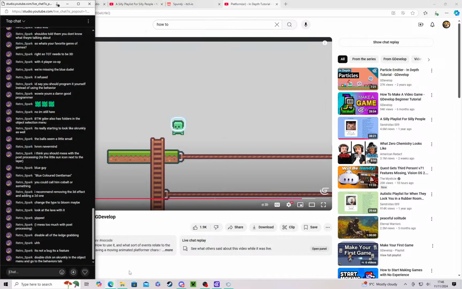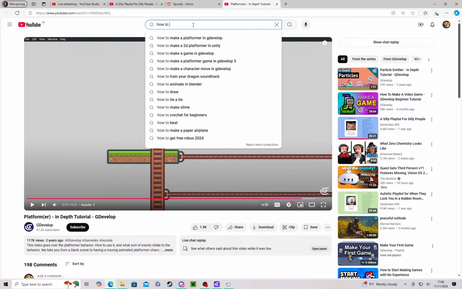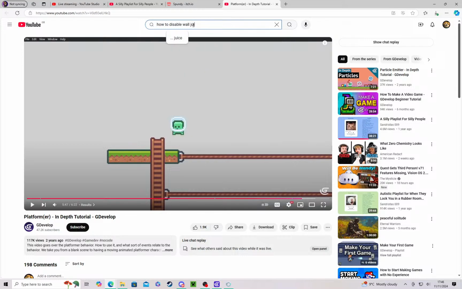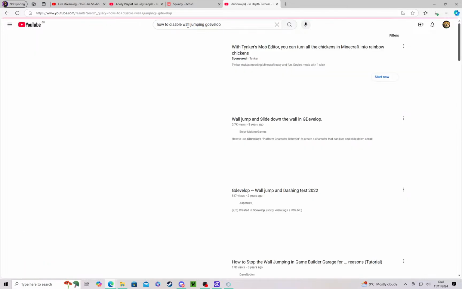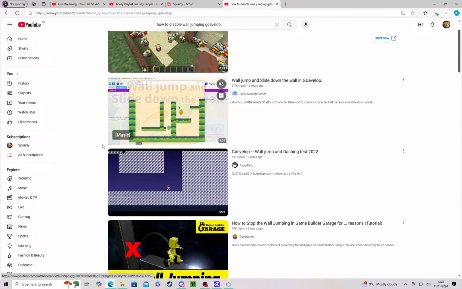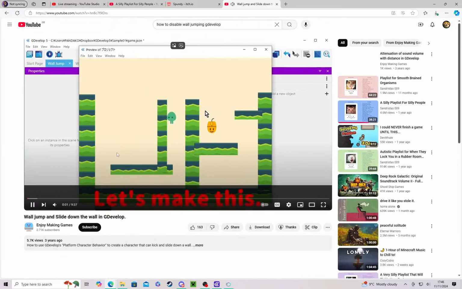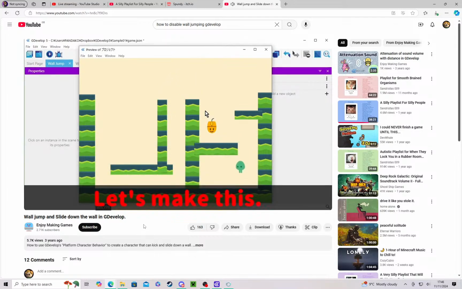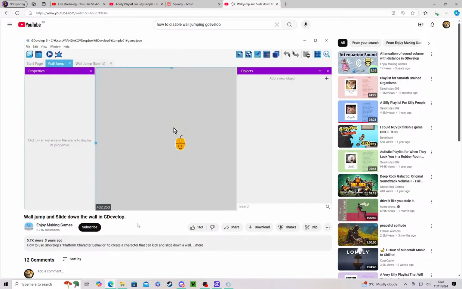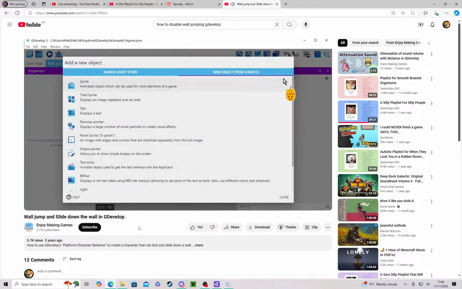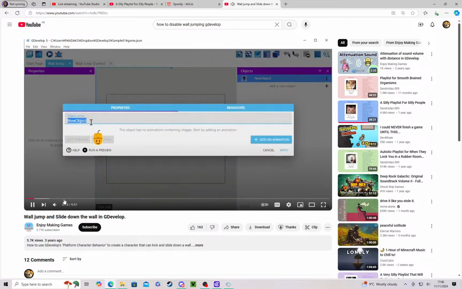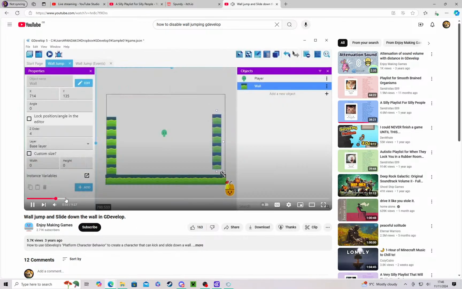Let's check screen chat real quick. How to disable wall jump. GDevelop. I'm just gonna explain how to do it, so maybe I can just do it in reverse. Yeah, so you make an object, and you give it the animation, which